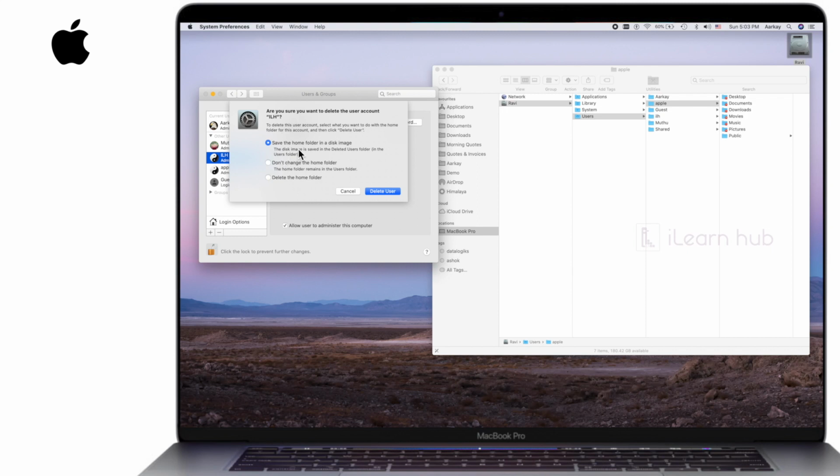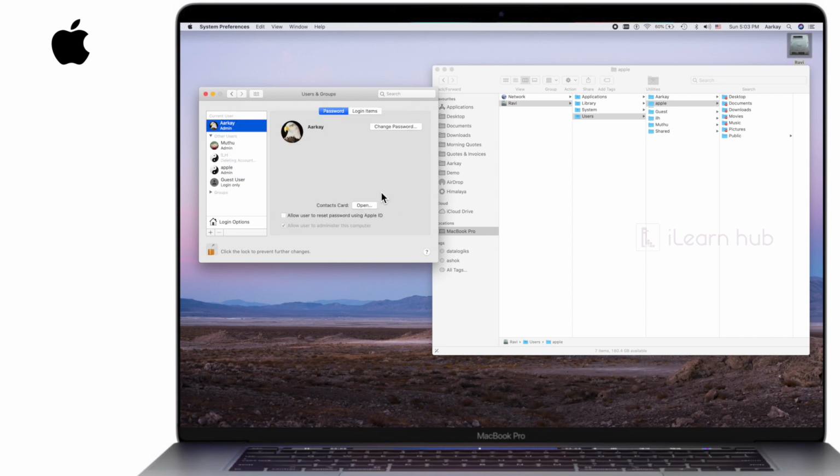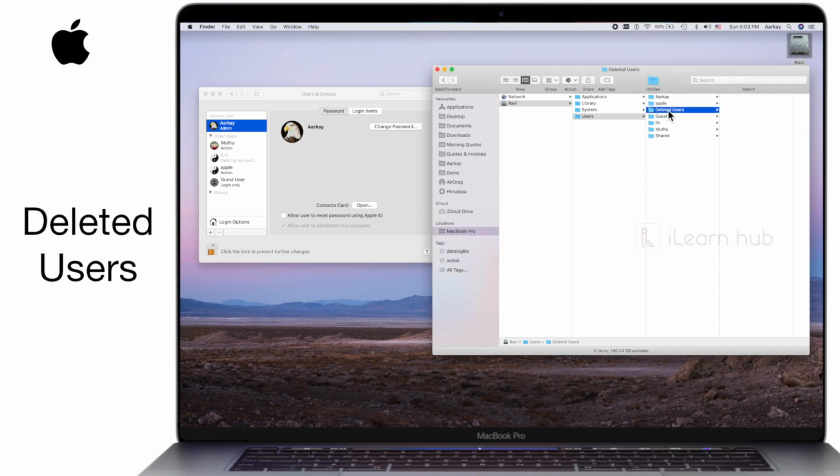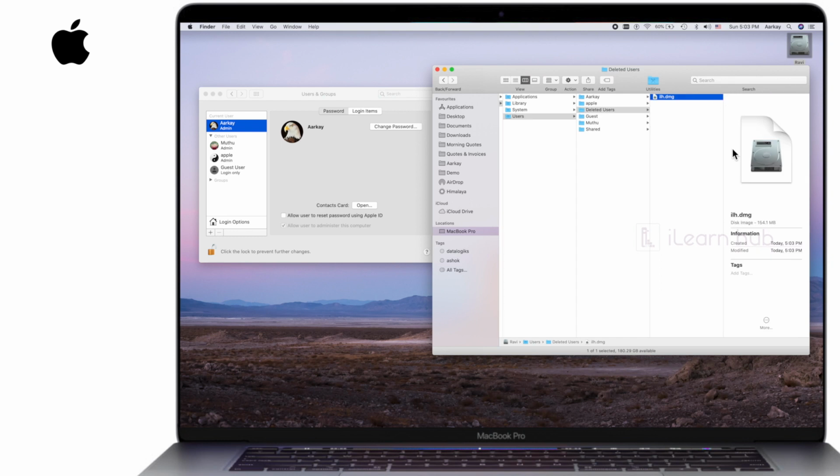So let us select the first option now. When I click on delete user, you can see on the screen what is going to happen. The moment I click on delete user, deleting is still happening here, and you can see the deleted users, and there is going to be ILH.dmg, and if you look at the left hand side in users and groups, there is no more. So this is how you can delete a user, and if you want to migrate this user to another one, we are going to see that in the next one. You can see that ilh.dmg, which I'm going to send by AirDrop or maybe a hard disk transfer or something like that.